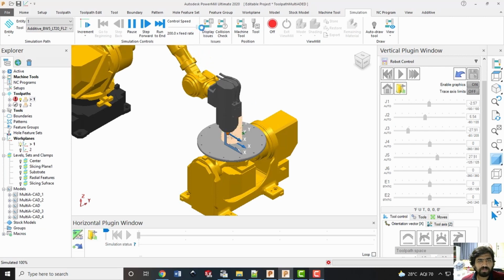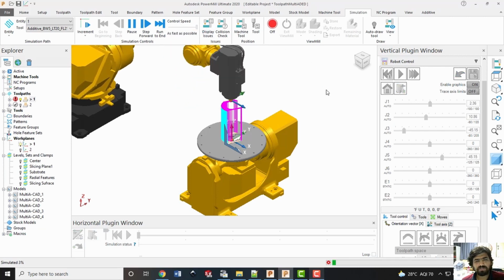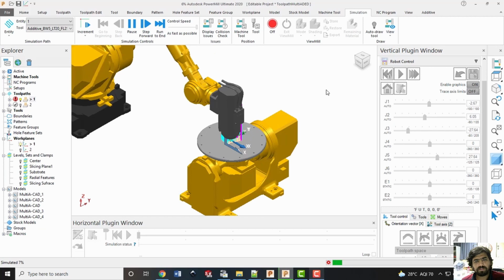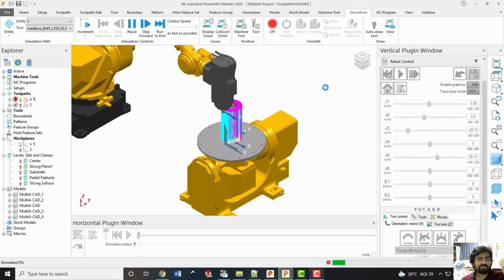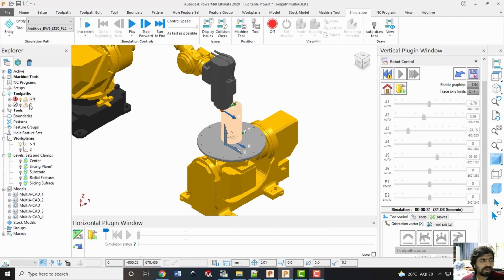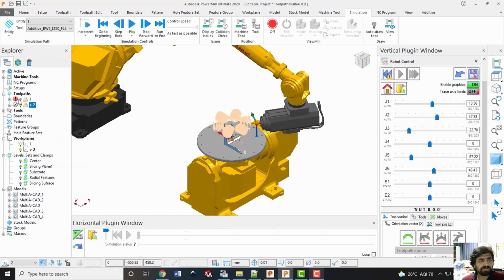So let me increase the speed of this so that you can see in the end how it will deposit this center part first. Once the center part is created, now I'll activate the second part of the tool path. That will be of course on this center deposited feature.